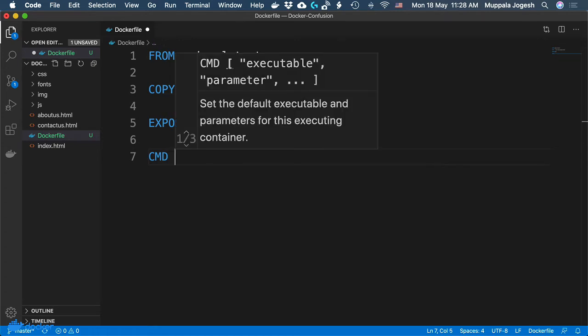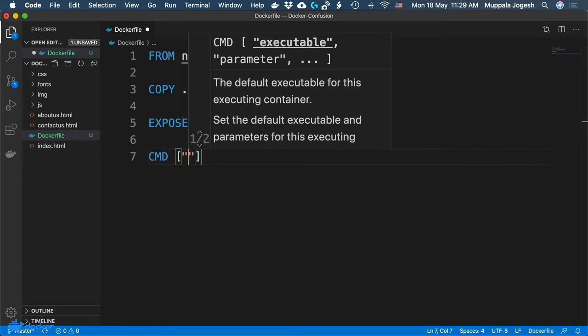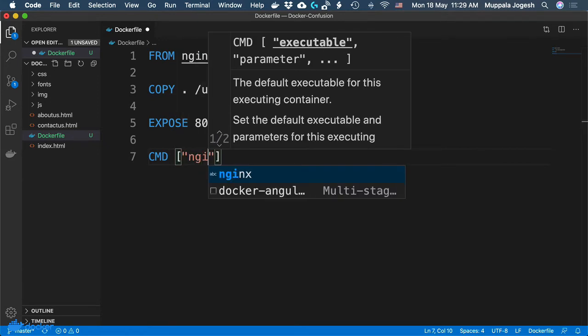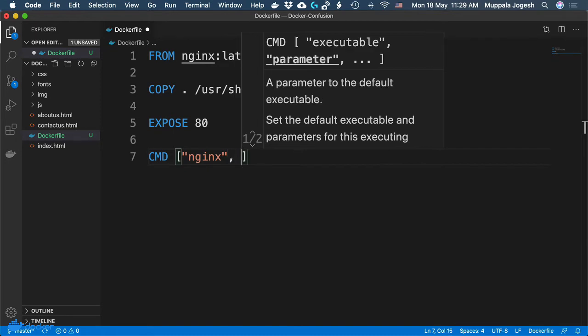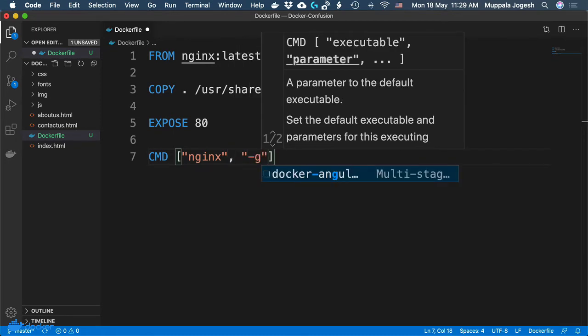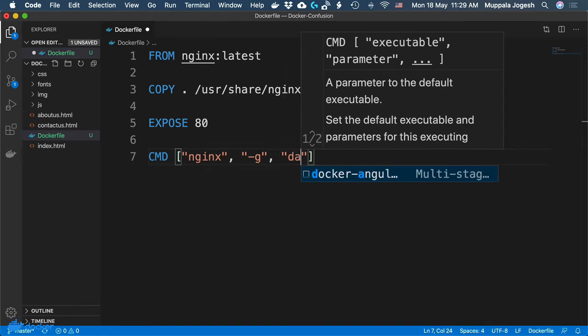So in this case, the executable file is going to be specified as an array with all the parts of the command line expressed as strings there. And so the first part of the command that I launch is nginx. The second part is -g. And the last one I specify is